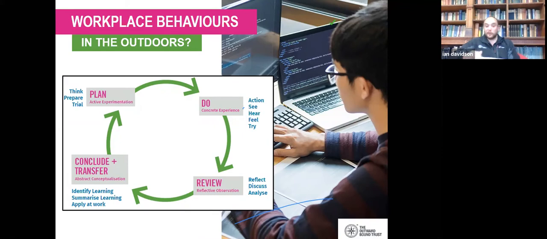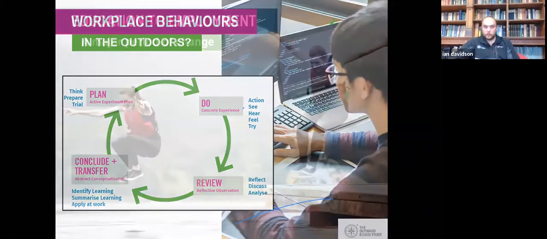It might be some stuff around leadership, solving problems, resilience. All of these things can transcend the boundaries of the activity that you're doing. But that transfer back to the workplace is the key element within our practice here.